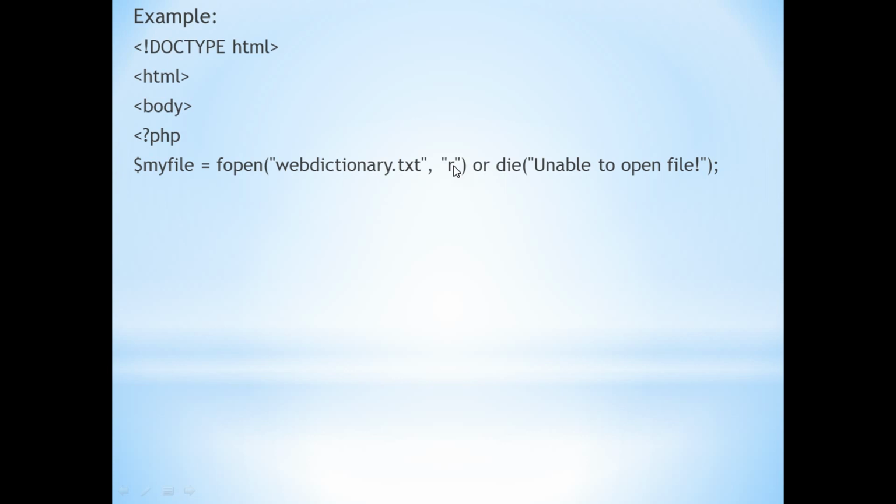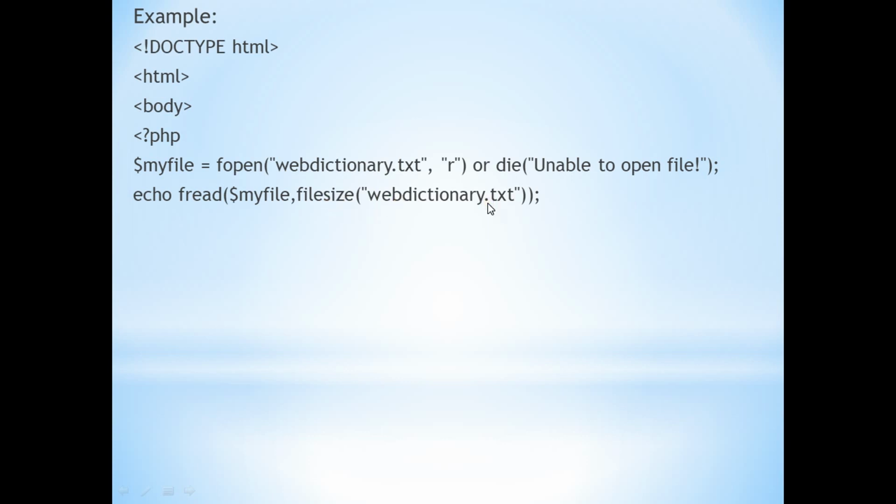That file already exists, and through this code you are going to read it. Or if that file does not exist on the system, this error will come: unable to open file. Next is echo, which is for printing, fread $myfile, then filesize.